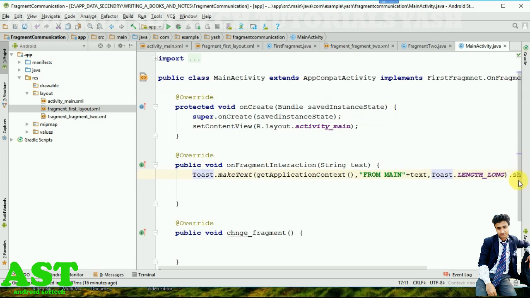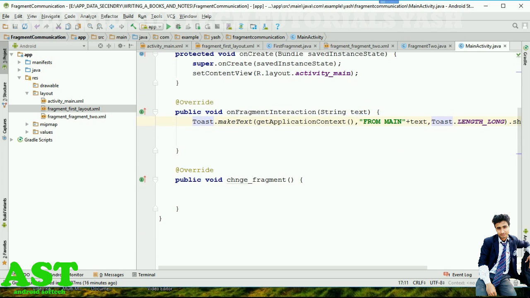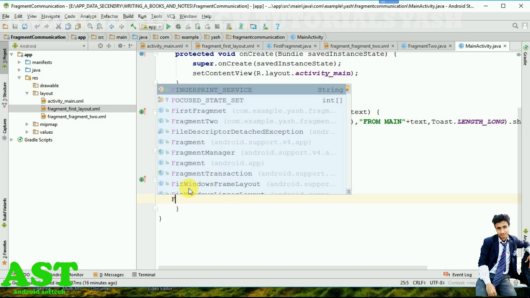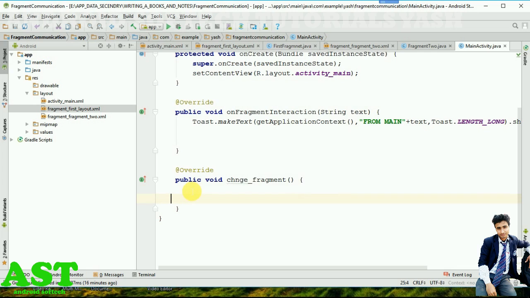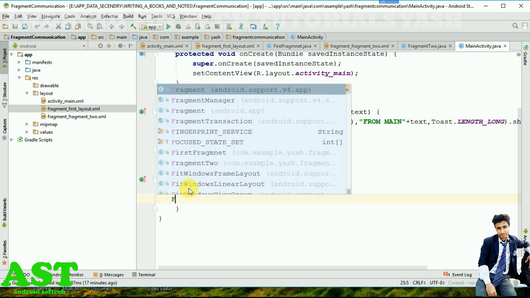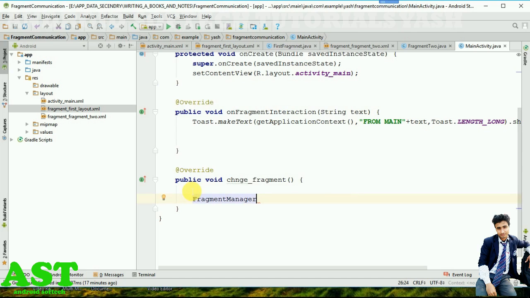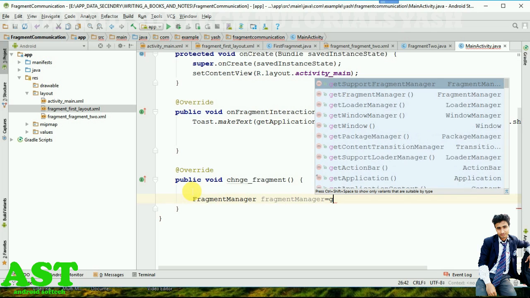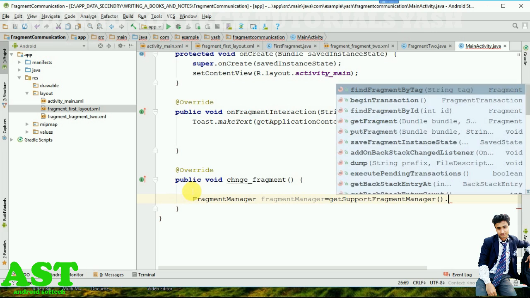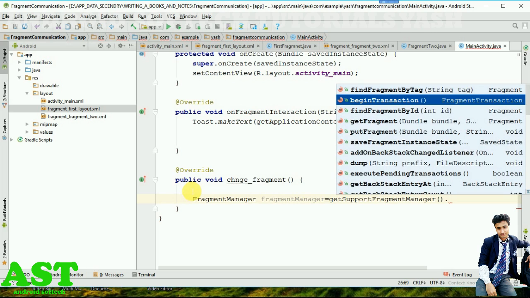So for changing the fragment, call the fragment manager. I will use the fragment manager, and the fragment manager is equal to getSupportFragmentManager dot beginTransaction,